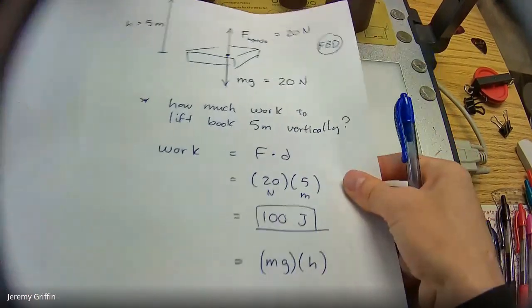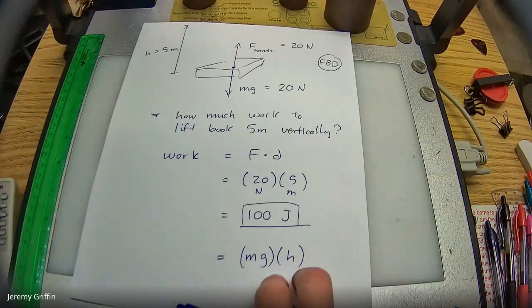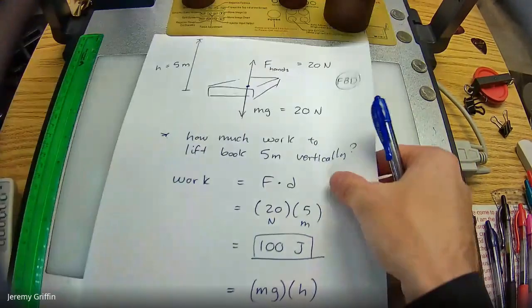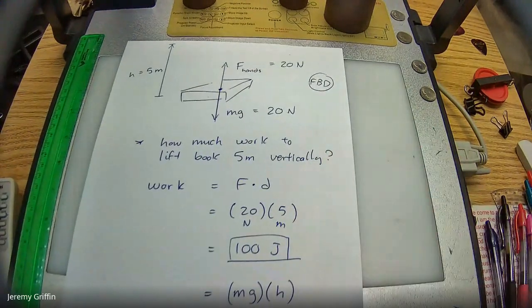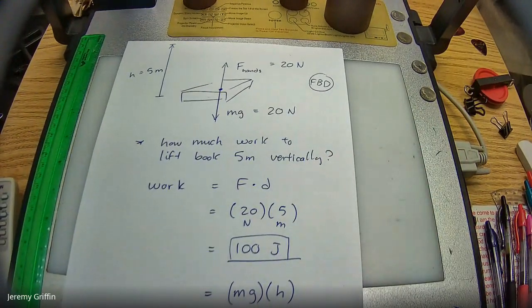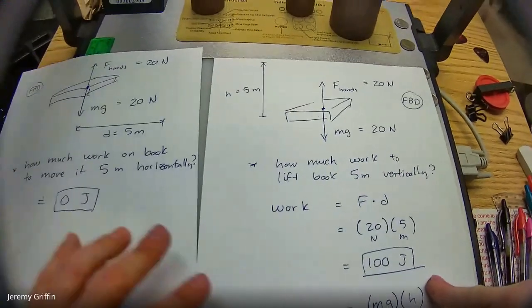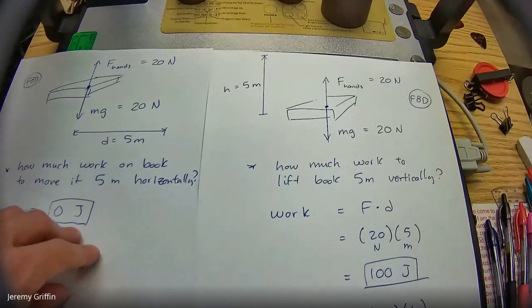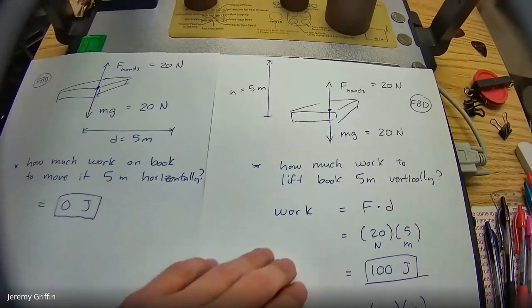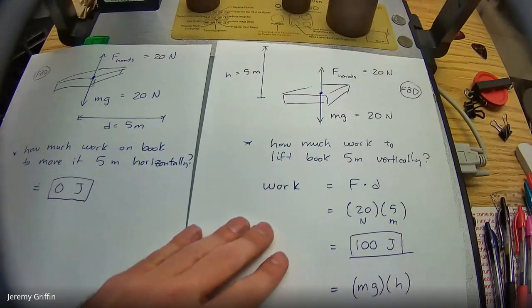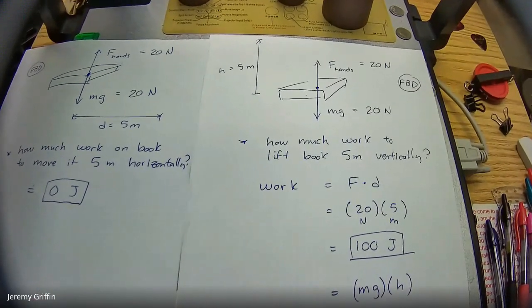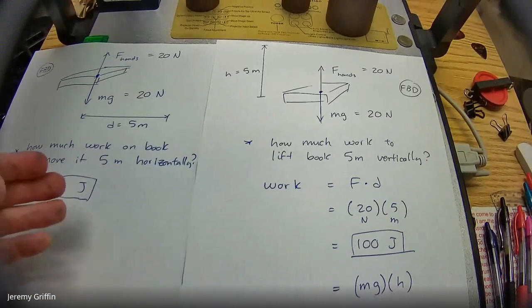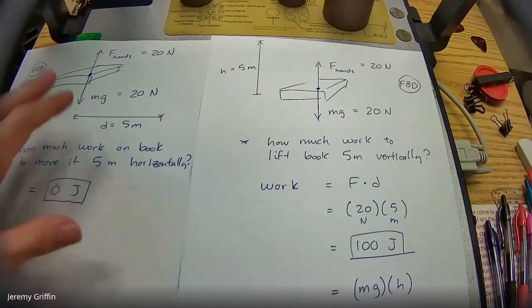Okay? You guys get that concept? This is exactly the next formula, mgh. Did you show the one before this? Oh, yeah. Right, see these side by side? So moving a book horizontally, there's no work associated with that, but moving it against a gravity field, there is. I should say too, moving it horizontally could be work as long as there would be a force in that direction, but there wasn't over here.